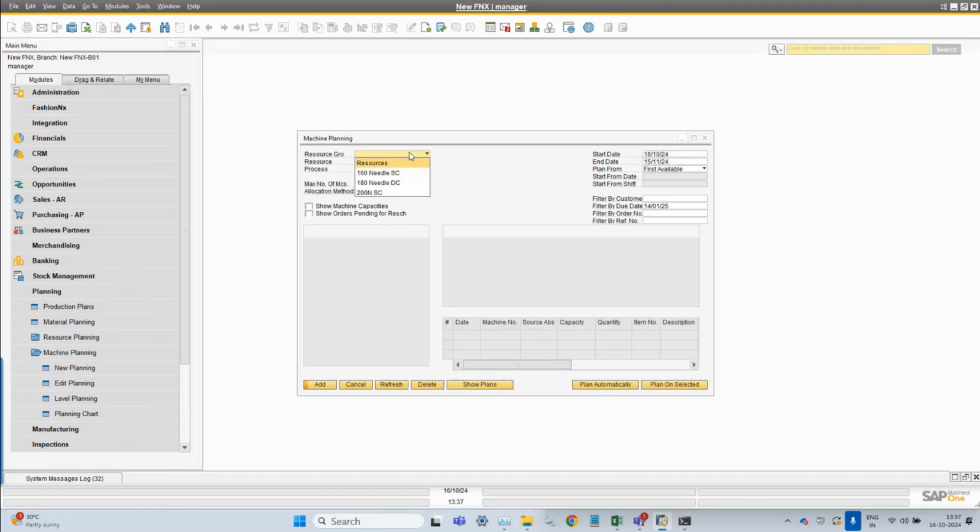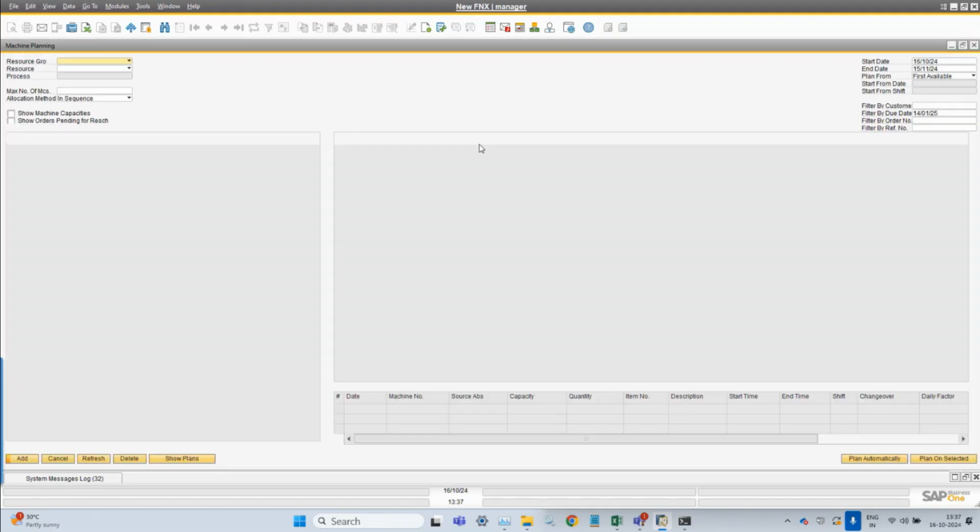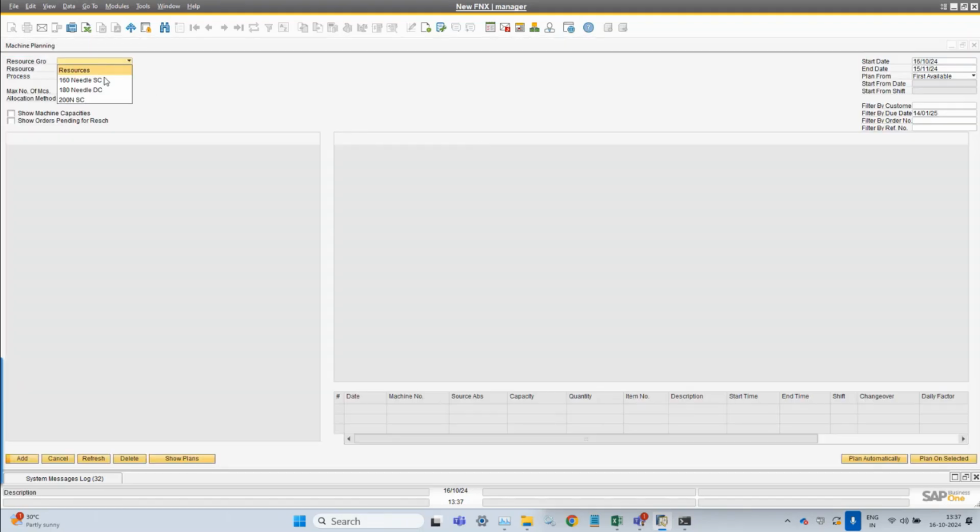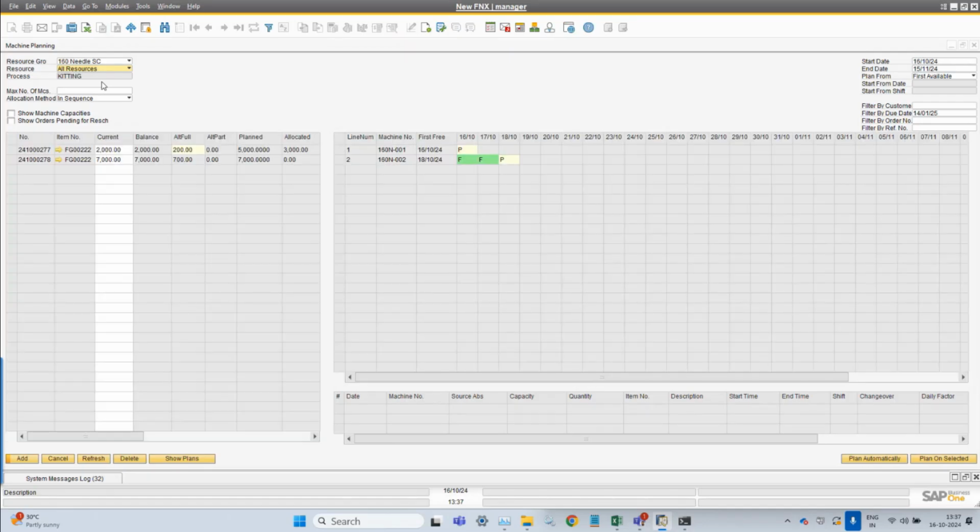But when I select this, in the machine planning, we are having this menu. In the planning itself, we are creating a plan here, and we can do a planning from here itself as a machine planning. So in machine planning, you will be able to select your resource group first. So as and when you select a resource group,